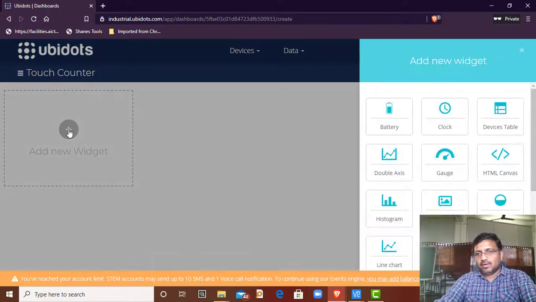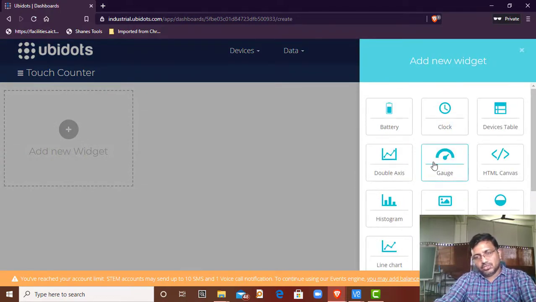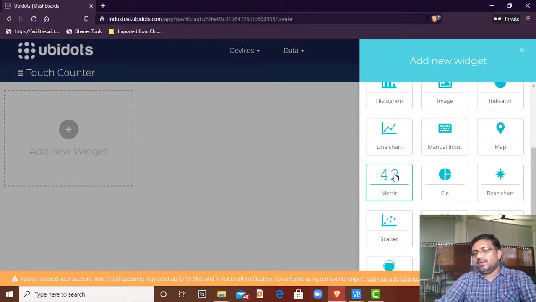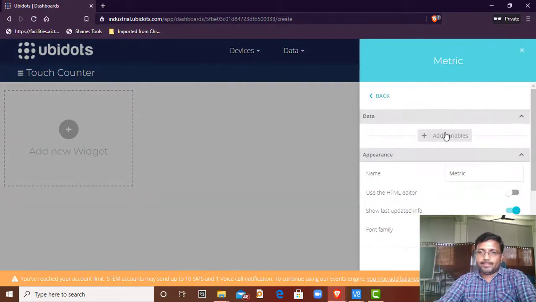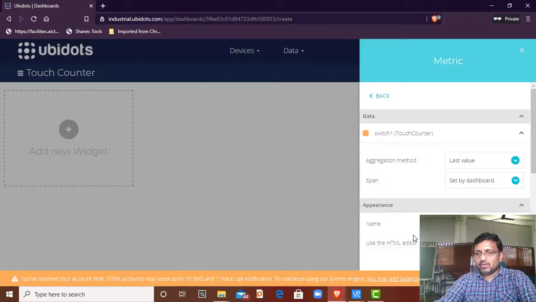So here I can add a widget. Here you can represent this touch in a gauge format, or we can have a metric format. So metric is just a counter, so we can use this counter. So again add variable. From this we need to select the device as touch counter, and add switch 1, click OK after this.